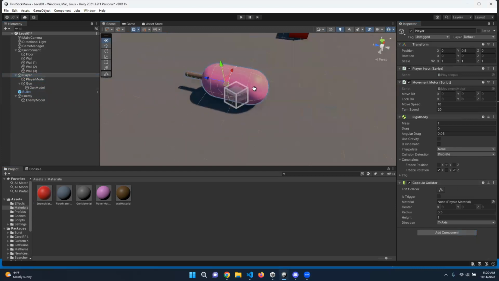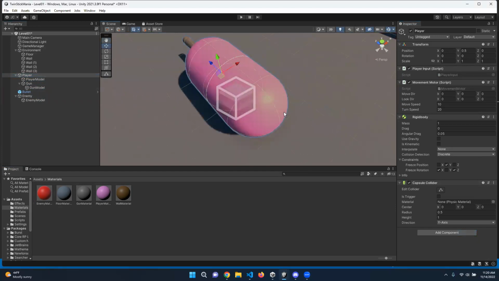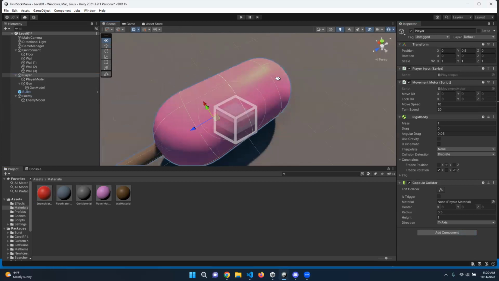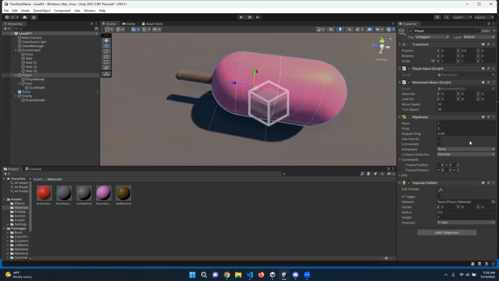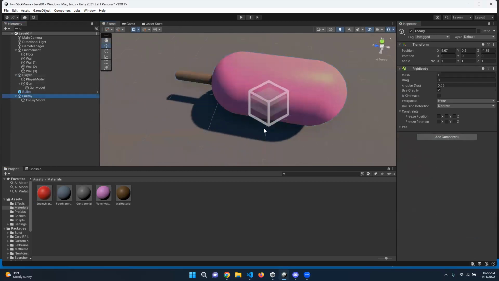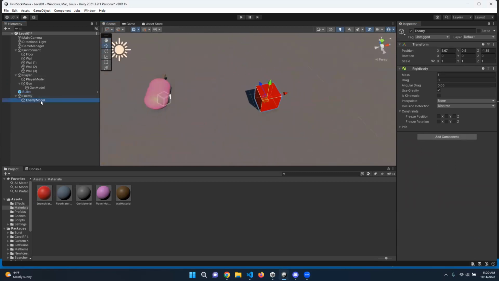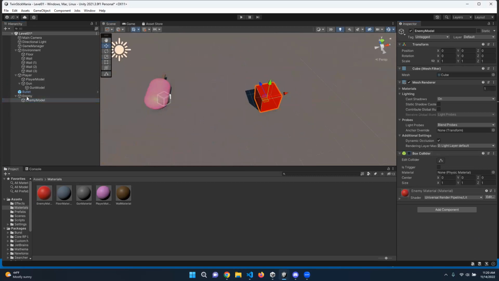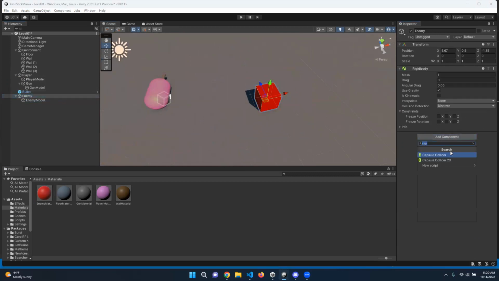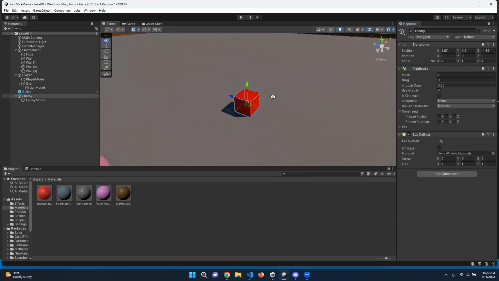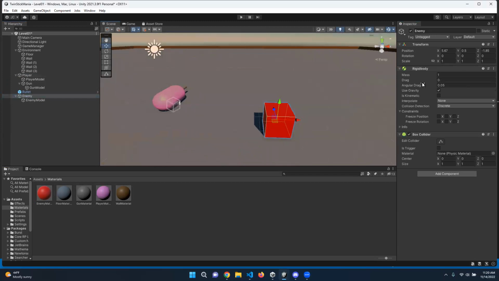And I think, yep, by default it'll try and make it the size of its child, which is handy. So now that guy's got it, and the enemy's also going to need one. So where's the enemy? There it is. So the model itself, did I turn it off already? Yeah, turn it off on the model. But this one's going to need one, so we're going to go ahead and it's going to be the box collider. And yeah, that's good. Okay. So we've got something to move it with, and we've got something for it to get hit by,